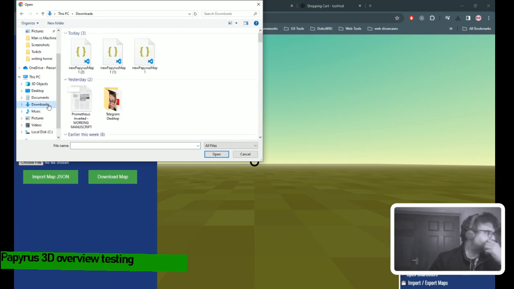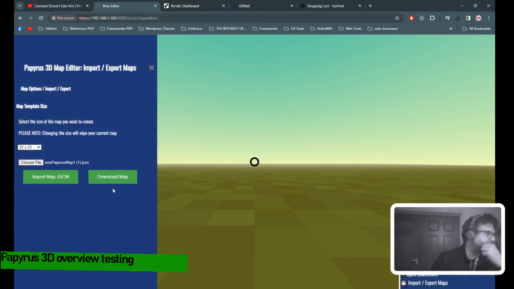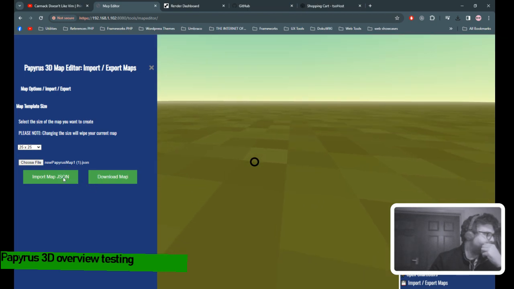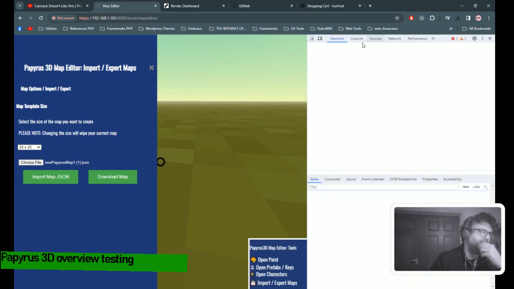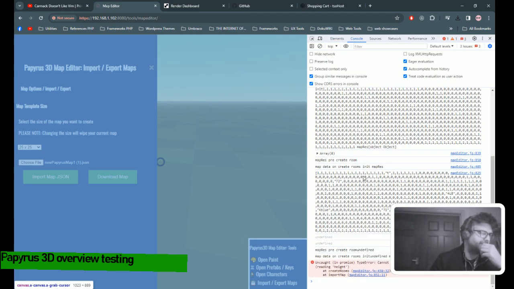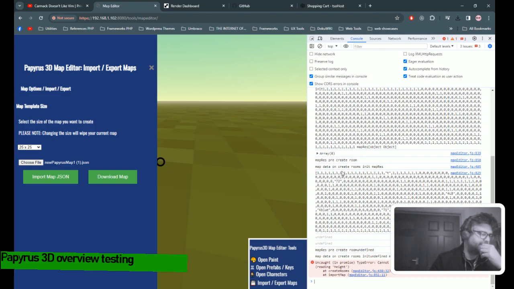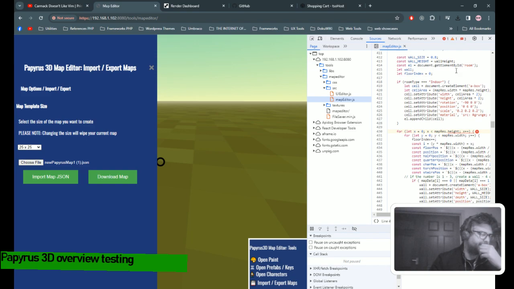Download, and it'll be that one. So I'm not sure if that's going to work. Import. Doesn't seem to be. Possibly I've not actually created that fully. There's a bug there.